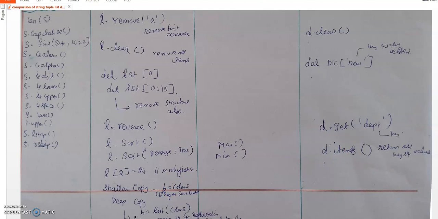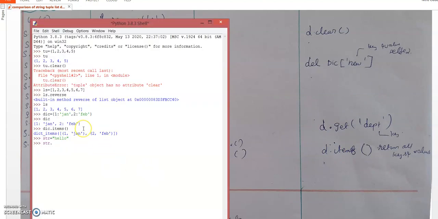Okay, if you want to know what methods strings, tuples and dictionaries have, here I am specifying the tuple. Tuple means we need to specify within the parenthesis. Here I am displaying the tuple, and I can see the methods present in the tuple by giving the command. It will display. Only two methods are present in tuples: count method and index position. Index position means if you pass any value, its corresponding position will be returned to you. Understand?